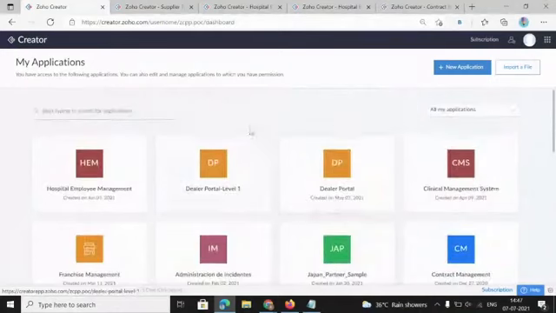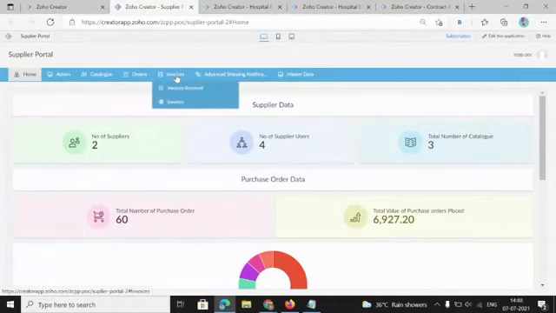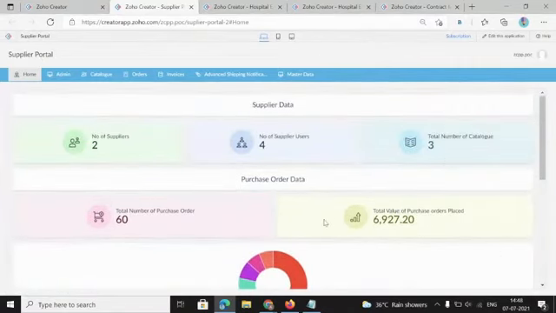So these are the list of solutions that we have built as a team. First, let's go to the supplier portal system. This portal system was meant for the suppliers. All the suppliers would have the portal access, and right from receiving the orders, raising the invoices for their customers, updating the shipment notification, and adding the catalogs, everything is handled by the supplier portal system. This can be integrated with a third-party system as well. And you can see the dashboard for the solution that is being built, number of suppliers, number of supplier users,